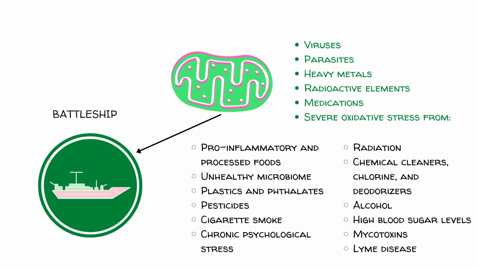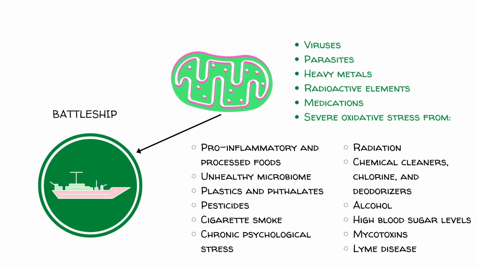So why do mitochondria get stuck in this battleship mode? Why do they shift their role from being an energy factory into a battleship in the first place? So this happens because of stress. And in most cases, stress is brought on when a cell comes into contact with some kind of toxin. So here are the most common stimuli that can cause the mitochondria to enter into battleship mode. We see viruses, parasites, heavy metals, radioactive elements, medications, and then severe oxidative stress from all of these different phenomena